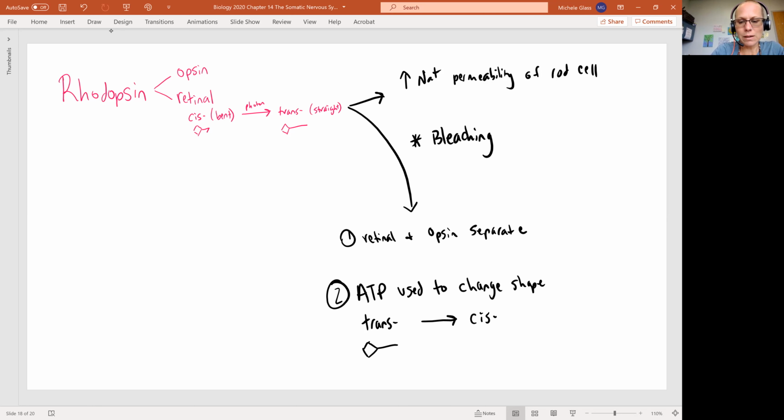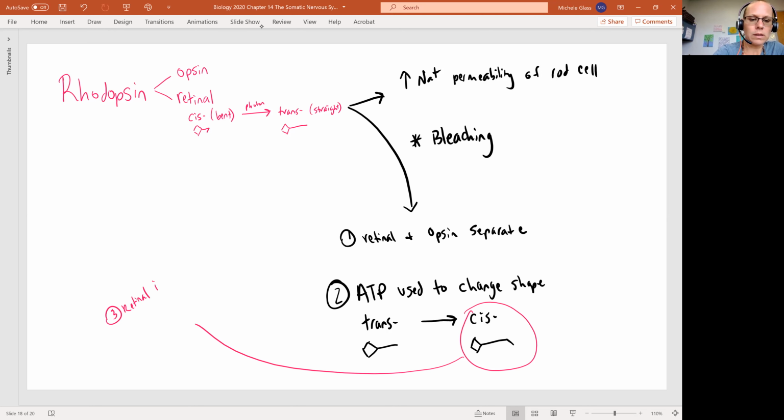And once we have that bent key, now we see that the retinol is reincorporated to the opsin and ready. I'm just going to say ready, which basically means, okay, we're back to our start and we can be stimulated again. If you've all ever experienced when somebody puts a flashlight in your face and it's a really bright light,